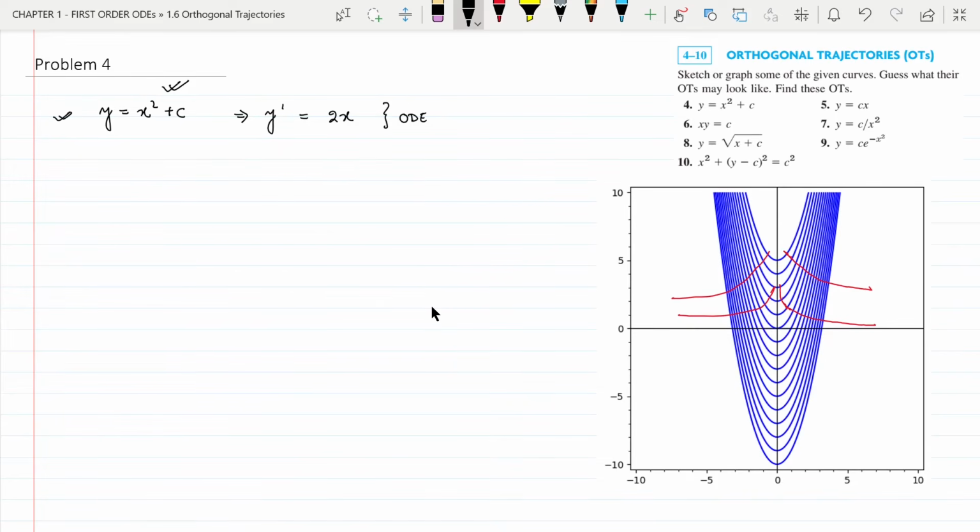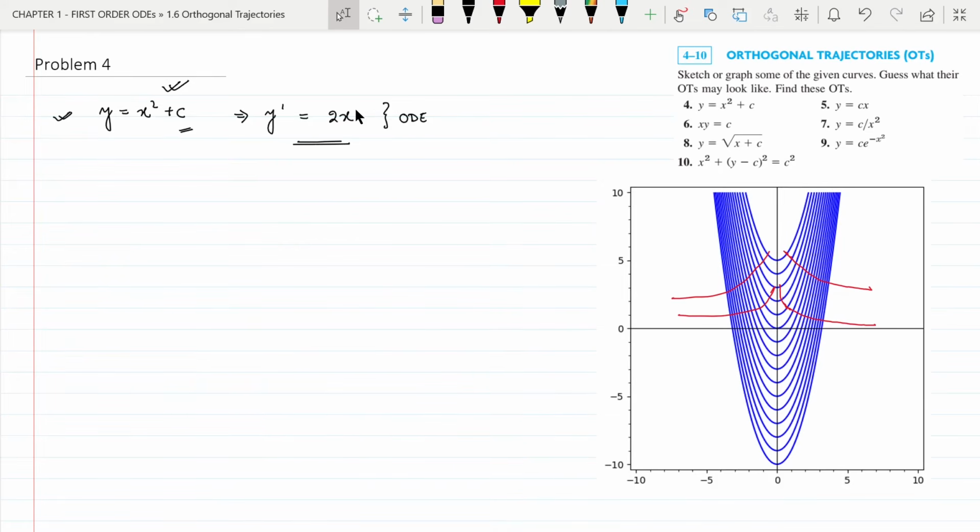One important thing you have to remember is that after you find the ODE, you have to verify that you have eliminated the constant c. This ODE should not have c in it. Our first goal is to find the ODE for which the original equation was a general solution. So if we solve this ODE, we will get this equation as its general solution. Now we have got the ODE of the original family of curves.